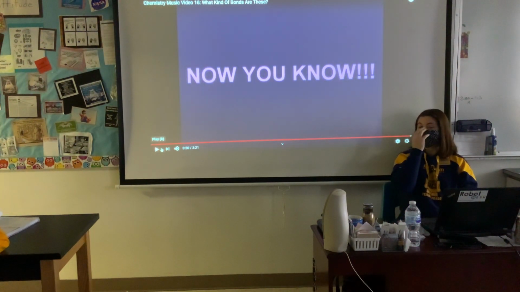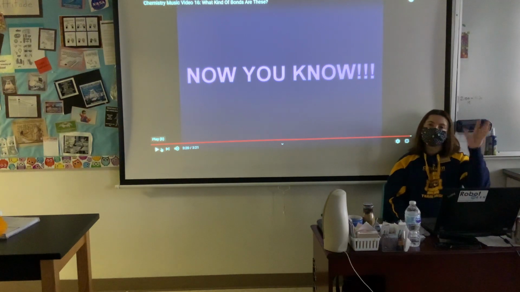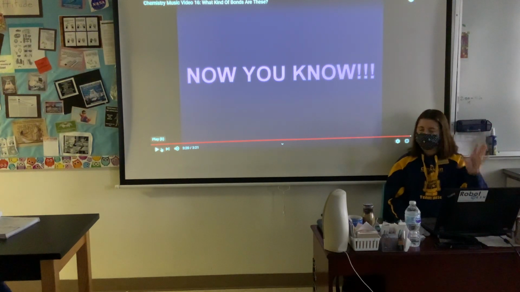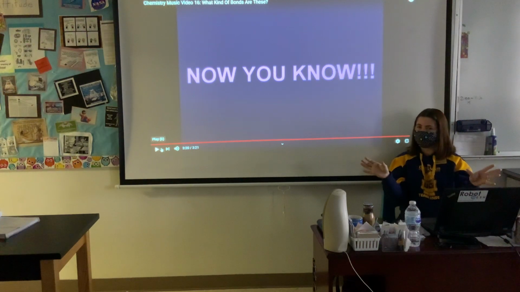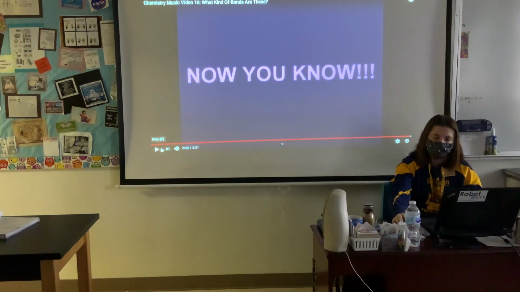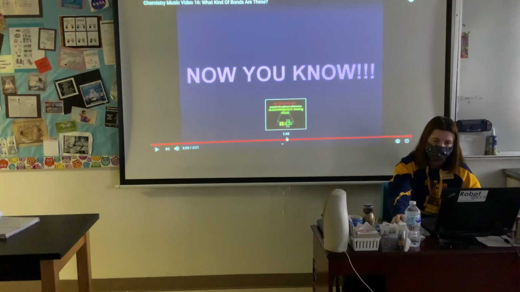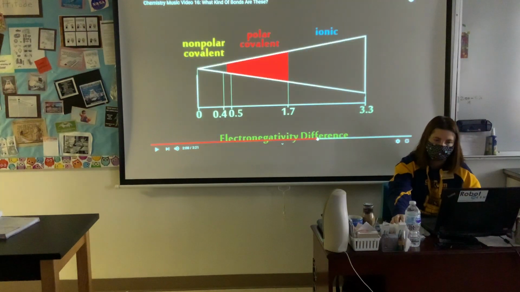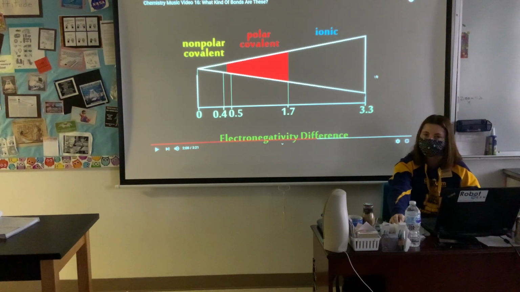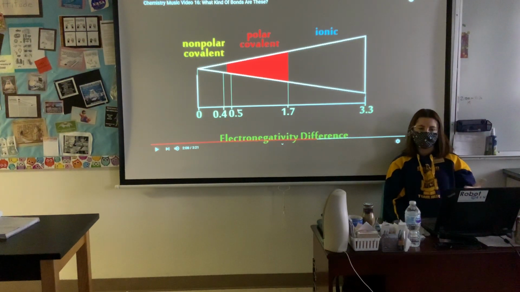So literally with that, there are charts out there where you can look up, okay, this atom, what is its electronegativity? This atom, what's its electronegativity? You perform subtraction and you can see, oh, well that's a relatively large number. This is a relatively small number, but you can see that those numbers really weren't that large. Anything that's between 1.7 to 3.3, those are our ionic ones, and from about 0.5 to 1.7 is polar covalent. So what we're concerned about is roughly, if it's something closer to 0.4 or less,